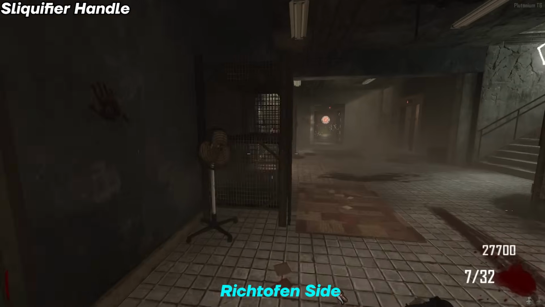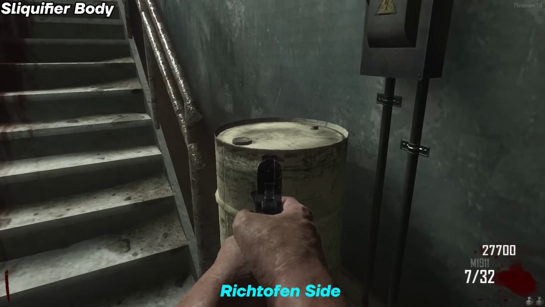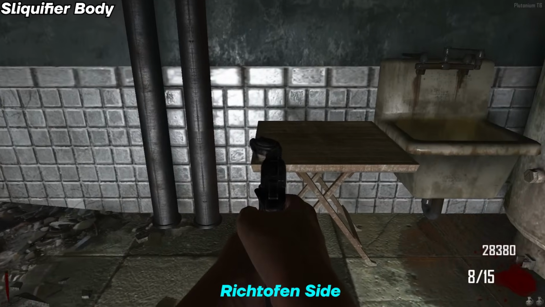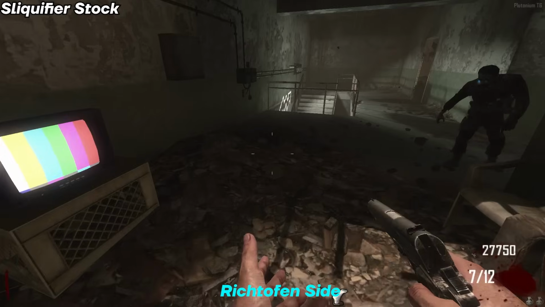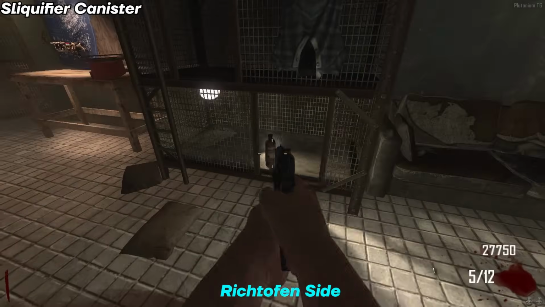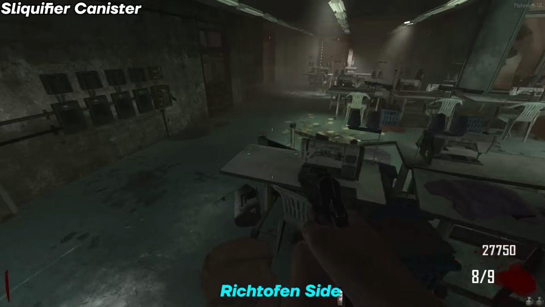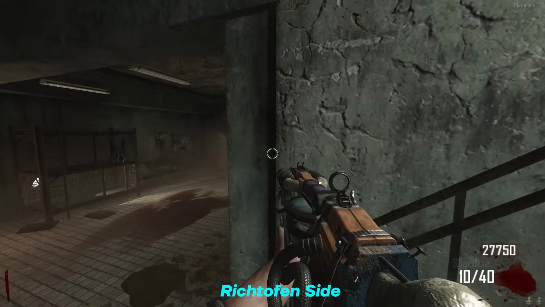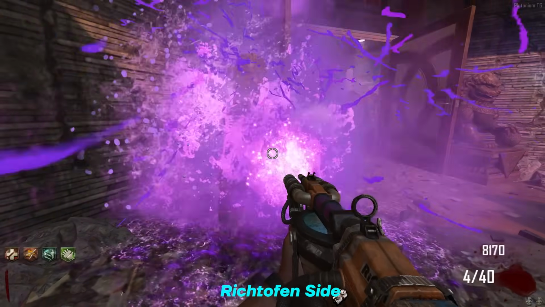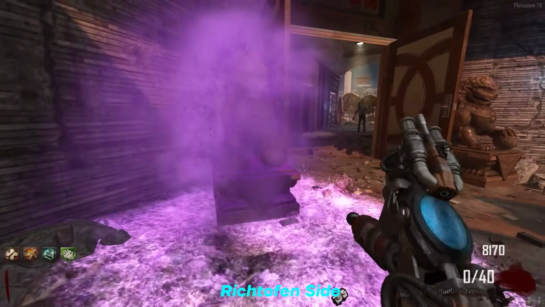The handle could be right there or in the kitchen right next to the buildable table. The top part could be on this barrel behind the buildable table or right next to the bank. The stock will always be directly above the buildable table, and then the gas canister will be to the right of the buildable or to the right of the power switch. Build all of that to acquire the Sliquifier, then go back up to spawn and shoot each of the balls